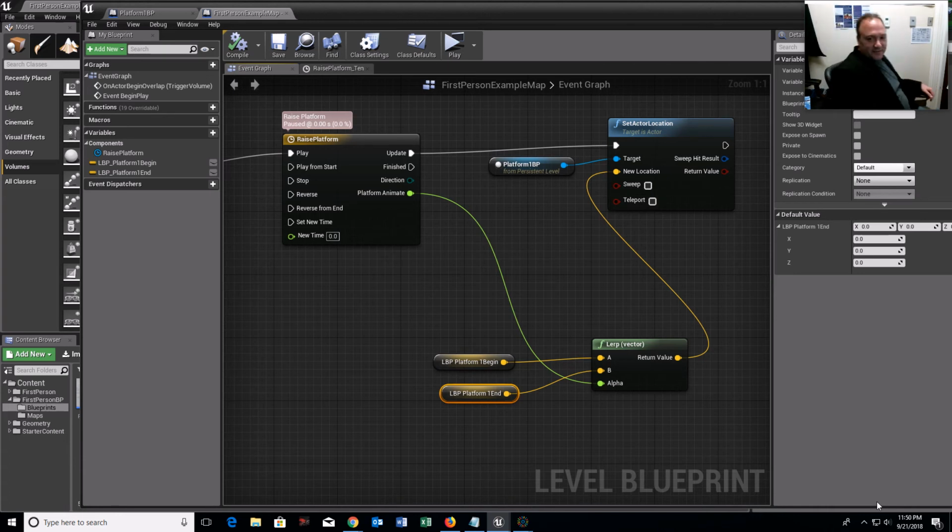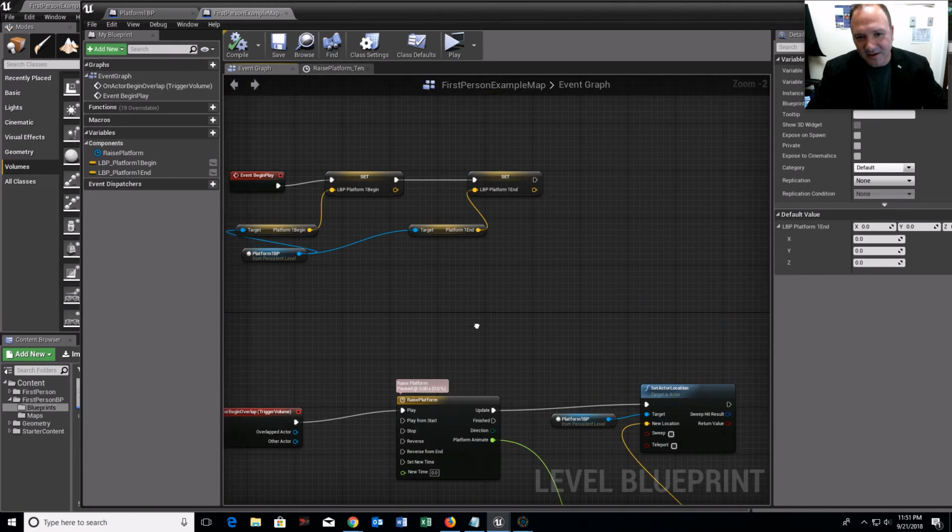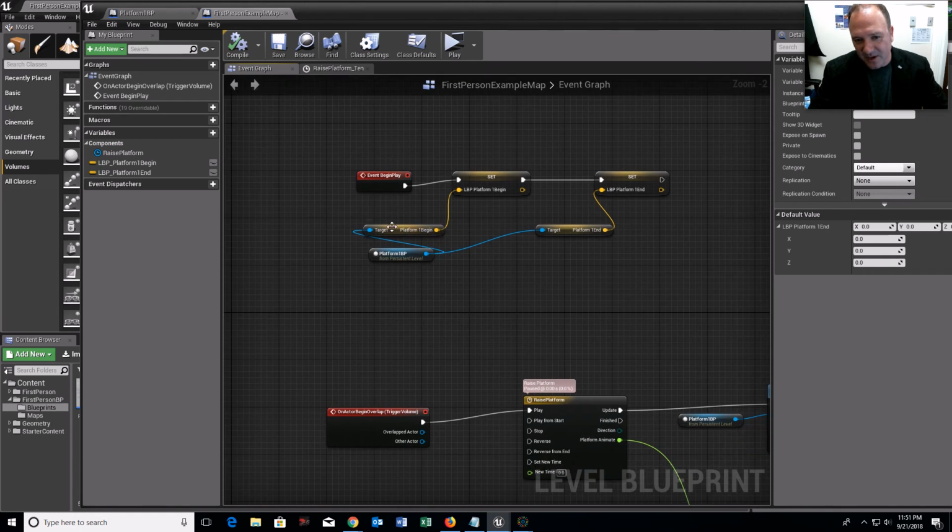Oh! Yes, of course! Of course, every time! Wasn't I right when I said I forget how to do it every time? Of course. I only paused this for like 2 minutes, and then I allowed myself to calm down a little bit. What I have to do, okay, it wasn't this easy up here when I did event begin play.